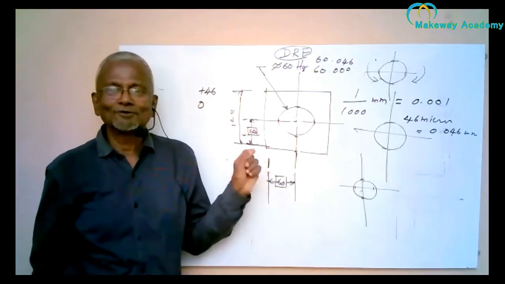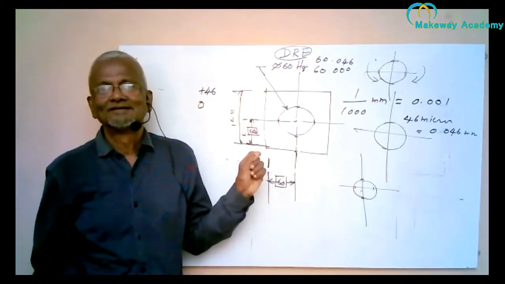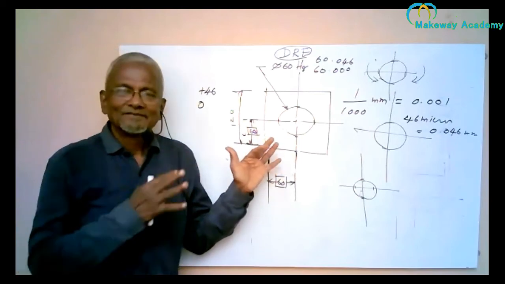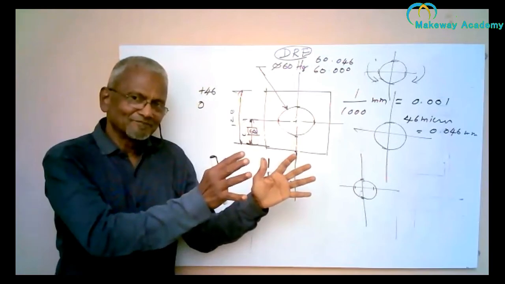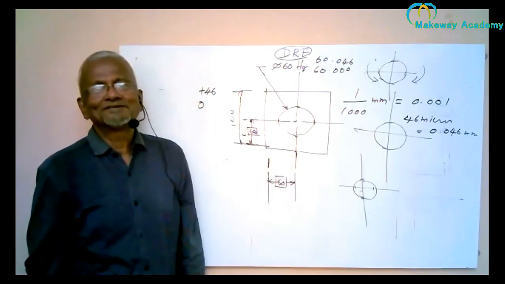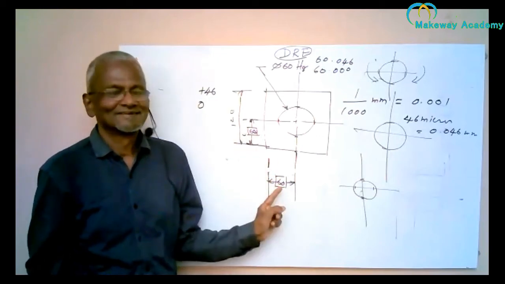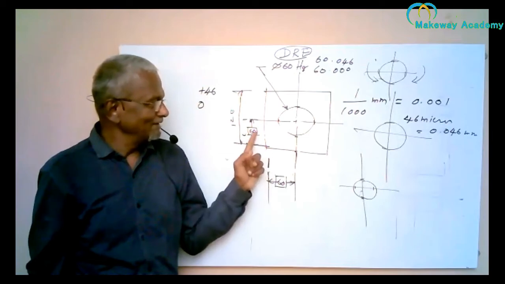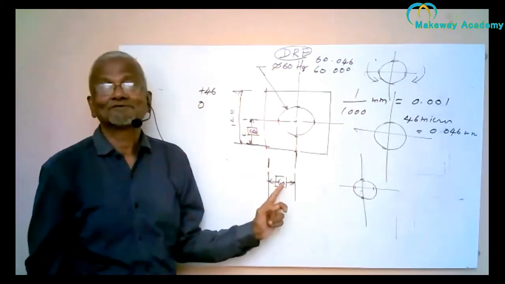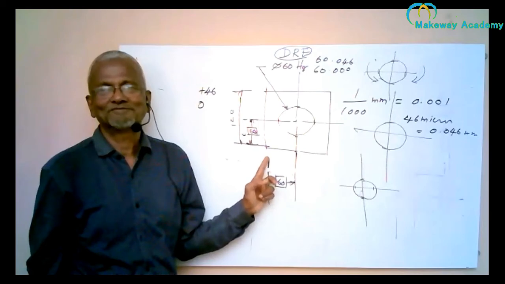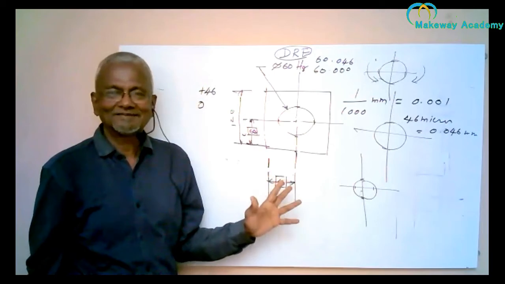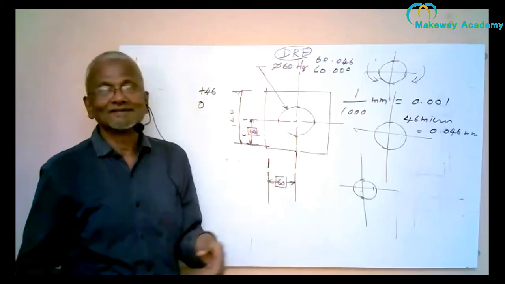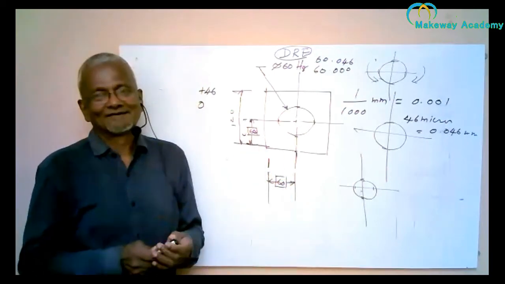Now I will tell you how the hole is located using this DRF. See, the object is oriented onto the DRF, and then measurements are taken from the DRF. That is this measurement. So here is a plane. The measurement is taken from the DRF, not from the part. Parts are imperfect. DRF is perfect. That's the idea. So the measurements are taken and the tolerance zone is located.